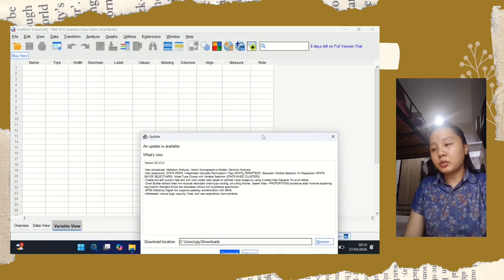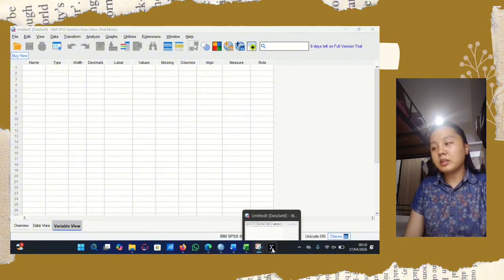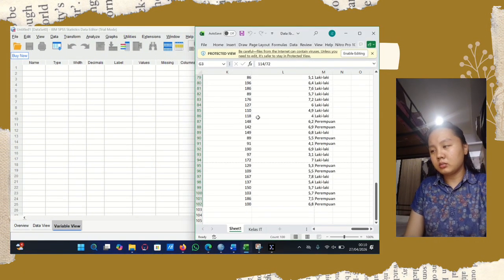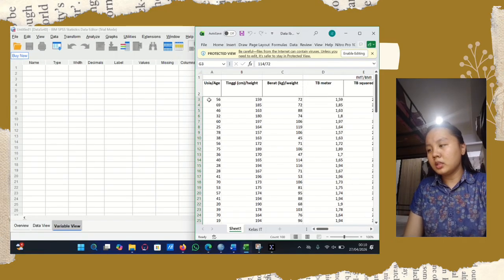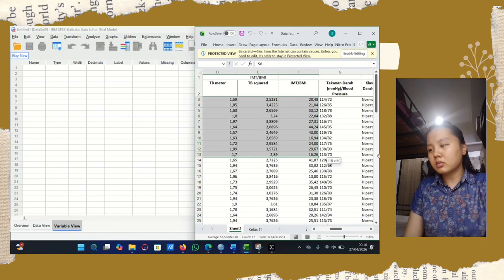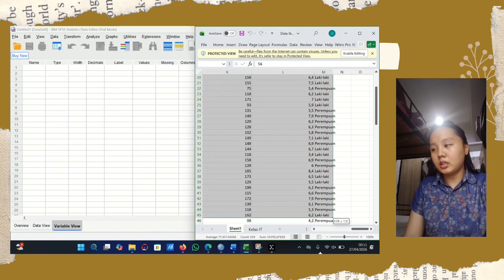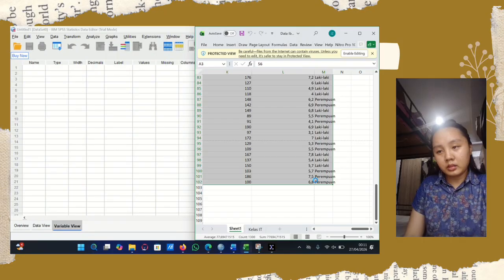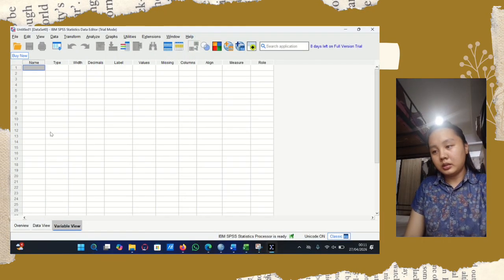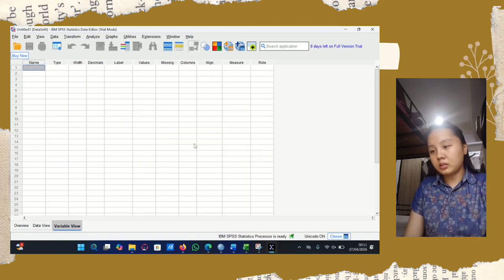Don't forget to remember the variable names, because the variables appear as numbers, but we can change them into the real names.